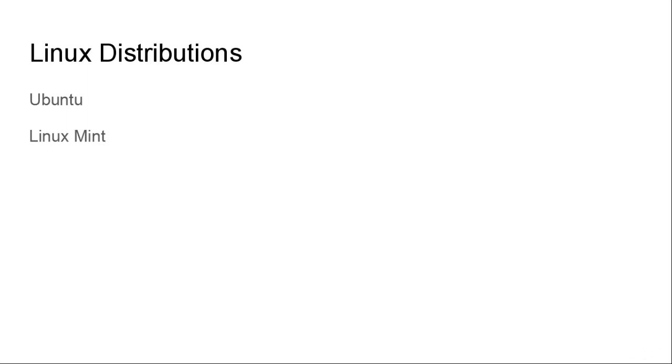And the second one is Linux Mint. Linux Mint is a lightweight operating system, which means if you have very old hardware, or if your hardware configuration is pretty low, then Linux Mint can be one of the best options, because Linux Mint does not require much of your hardware. And the third one is Red Hat Enterprise Linux. These are the three major Linux distributions that you can look at, and later getting into other Linux distributions will never be difficult for you.